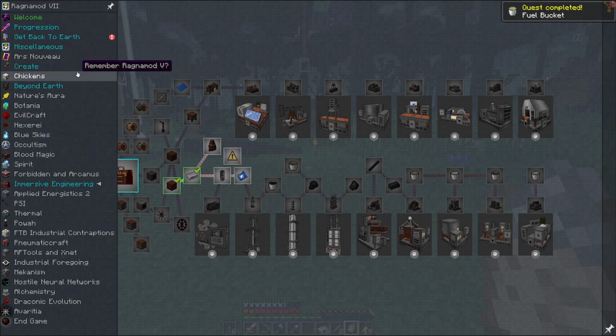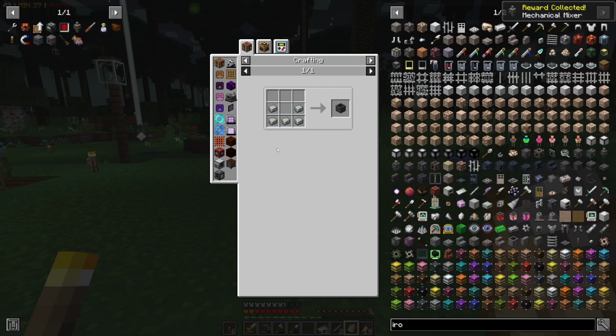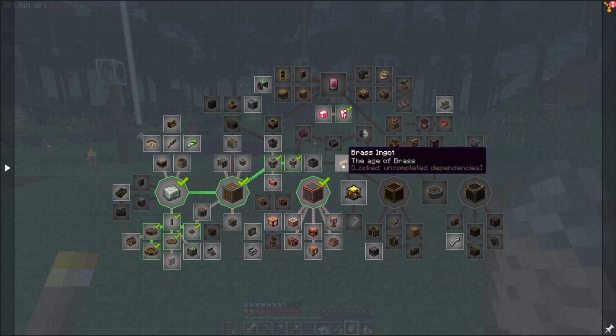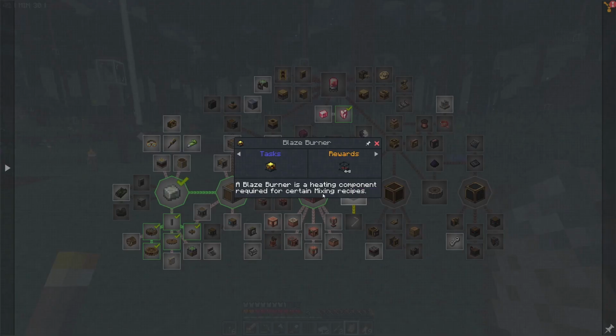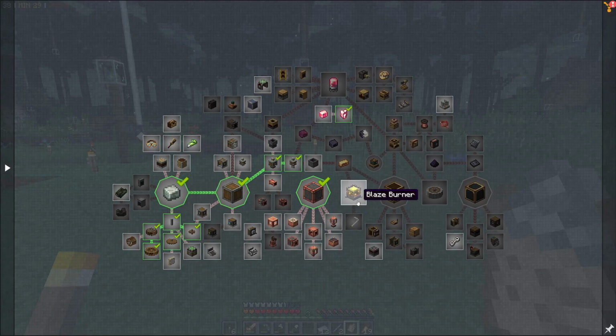But pipes, I want to get into pipes because they are one of my favorite mods for moving stuff around. We're going to need to make a basin to get into create to, I guess, make our brass ingots, even though we're making those another way in this pack. Blaze burner. How does it want us to get a blaze? That's curious to me. We're not going to be able to get a blaze if we can't go to the nether. I guess we can't get into a blaze burner until after